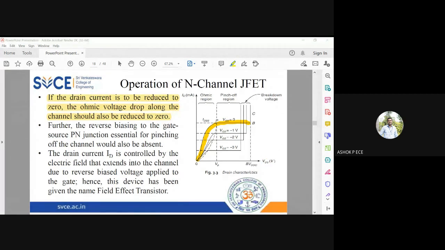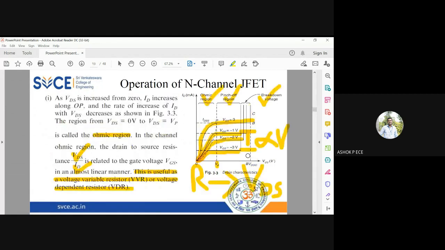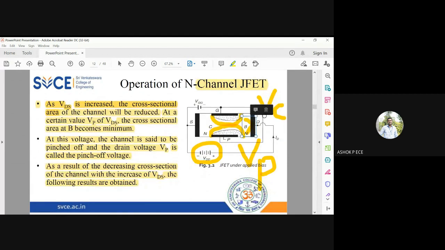Think innovatively, folks. See, how is zero current logically possible inside a JFET? I'll show you the diagram. When you want to make the drain current zero, what is the only possibility? You should not make way for the electrons to flow inside the channel. Electrons need to flow from source to drain. If they have a clear path, they can flow. If you block that path, electrons cannot flow. How can you do that?